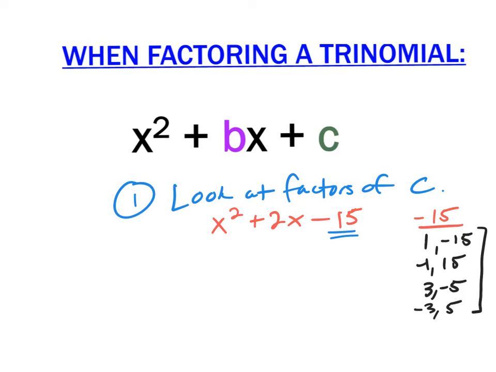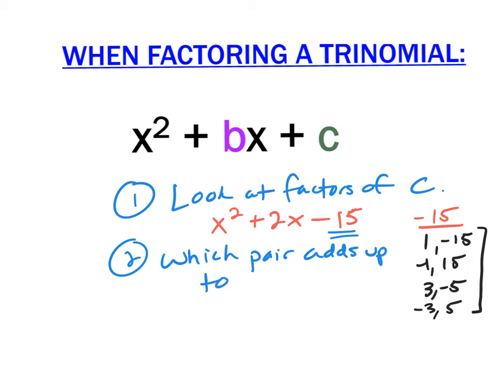And once you list all the factors, you're looking at those lists and you're saying which pair adds up to the coefficient of b. And so if my coefficient of b in this case is 2, notice that if we look at our list, this last factor pair that I list, if you were to add those two together, that becomes positive 2. Notice the one above it would become negative 2. And so once you decide which pair it is,